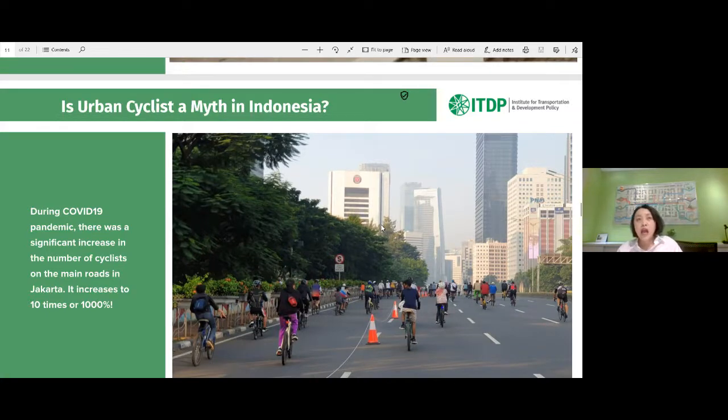And we have a number for one of the roads in Greater Jakarta. It actually increased to 10 times the bicycle users, the cyclists, or we can say 1,000% compared to before the pandemic.